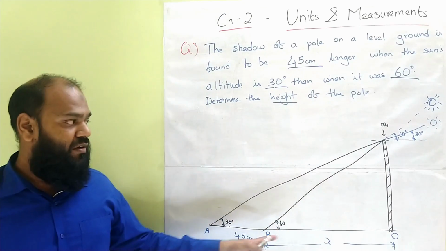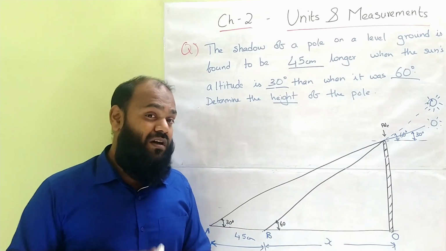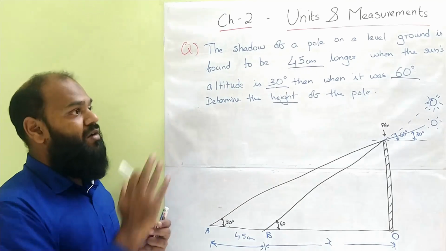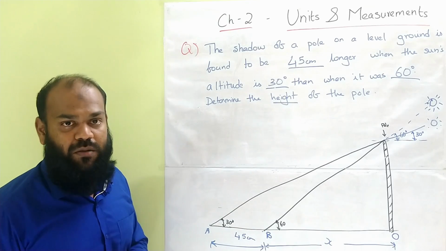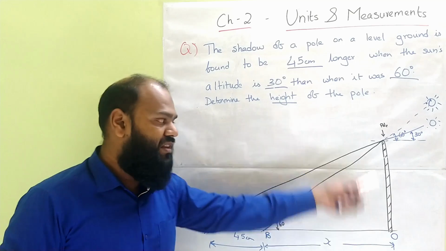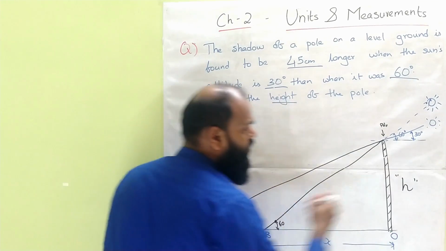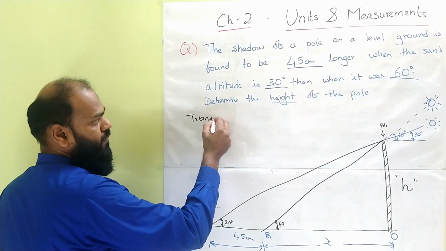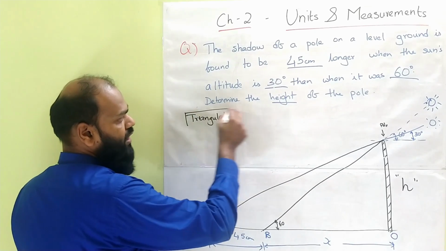As you can see, we are dealing with an object at a particular distance. Do you remember the triangulation method? What we usually do is look at an object from the ground, and that is how we determine the length of the pole. In the same way here, we are using the triangulation method to find the height of the pole. So let the height of the pole be h. This is what we need to know, and the method we are using is the triangulation method.